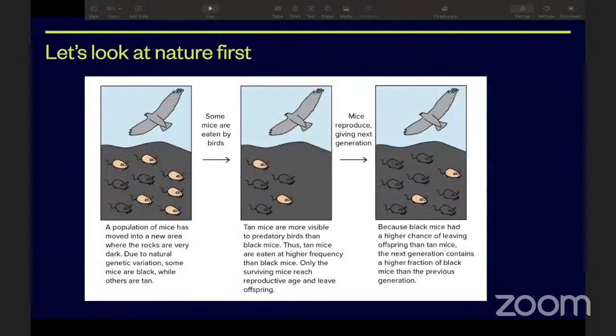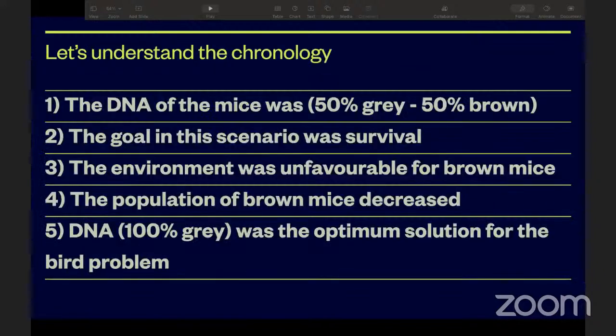Then as gray mice started mating, started reproducing, slowly the population of gray mice increased a lot, and brown mice slowly decreased and they went towards extinction. So ultimately, the optimal solution for this problem was that the new DNA is 100% gray. So the initial condition was 50% gray, 50% brown. And then the final solution is one.